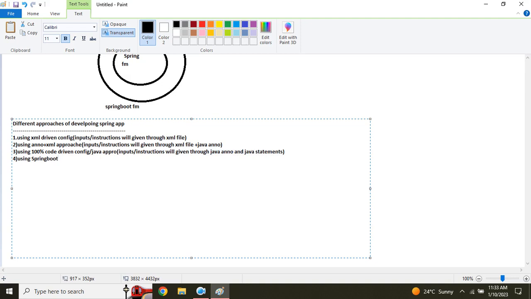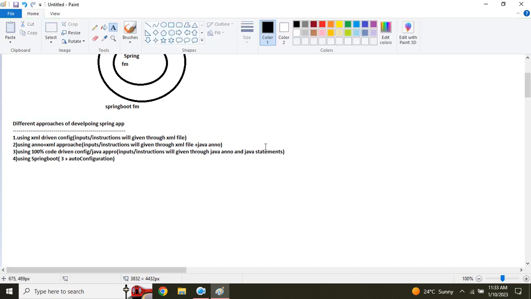Okay, means everything in number three, that is 100% code driven, plus auto configuration. Auto configuration means